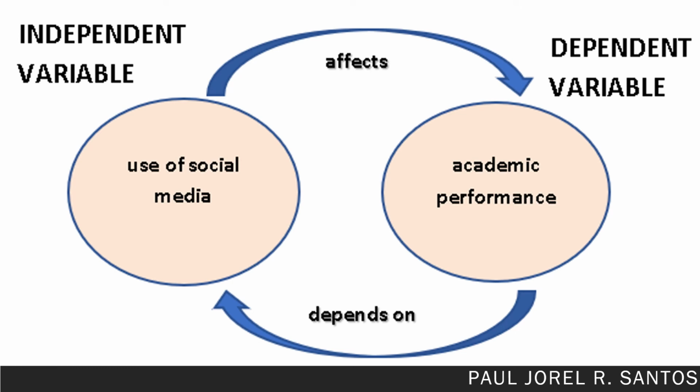And to make things clear, we have here the diagram. The independent variable, it is independent, is the use of social media, and it affects the academic performance, which is the dependent variable. It means academic performance depends on the use of social